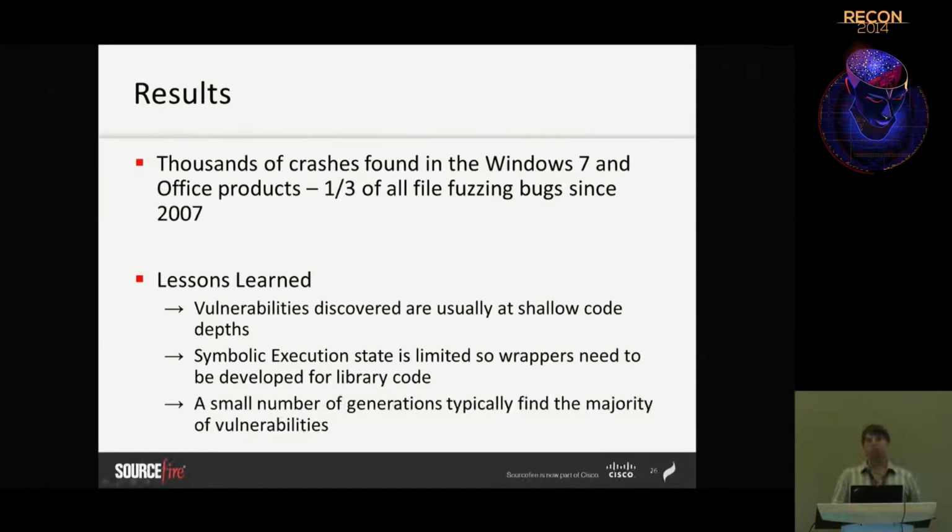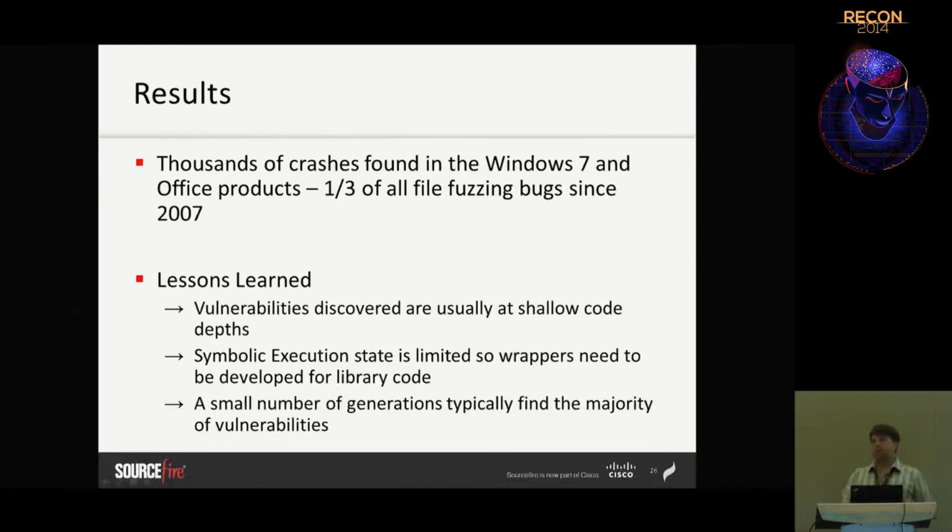The things they learned from taking the generational approach is, well, number one, we're working with vulnerabilities that are at a fairly shallow code depth. When I mentioned 1,000 branches deep, that's still pretty shallow in the context of a program's execution. What is interesting about the generational approach is that since the bugs are fairly shallow, and we're able to generate a series of new inputs equivalent to the number of branches that you took to get to that final state, it only takes a few generations to get to the full depth of the code graph that you're going to be able to reach. And